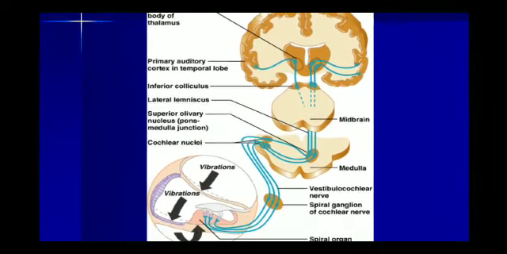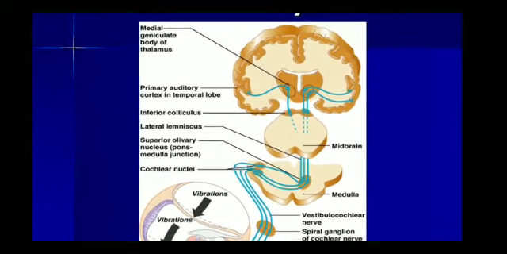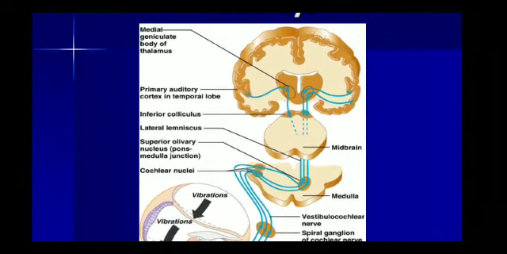So the first order neuron starts from the spiral ganglion and ends in the cochlear nuclei, then from the cochlear nuclei the second order neurons start and end in the superior olivary nucleus and then the lateral lemniscus. Then the third order neuron starts from here and ends in the inferior colliculus. Then from the inferior colliculus, the fourth order neuron starts and ends in the medial geniculate body of the thalamus, and